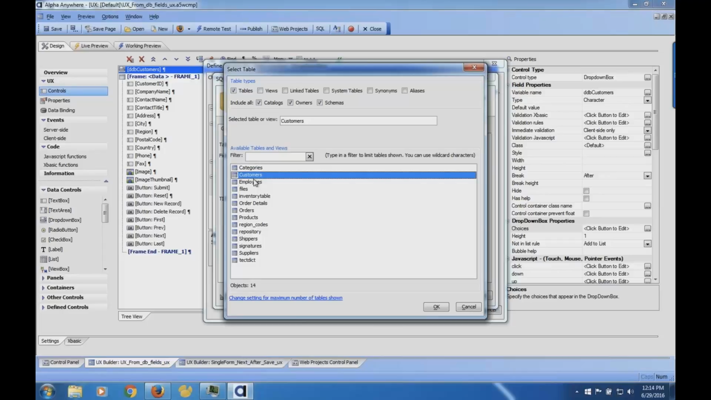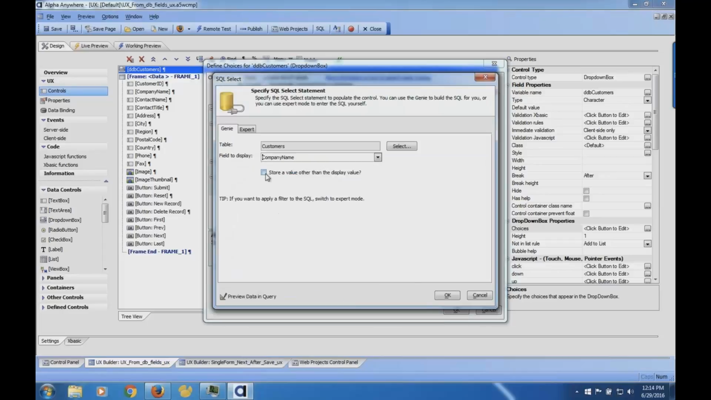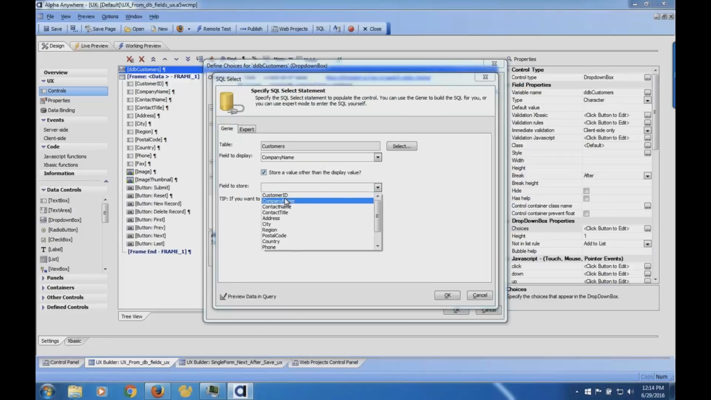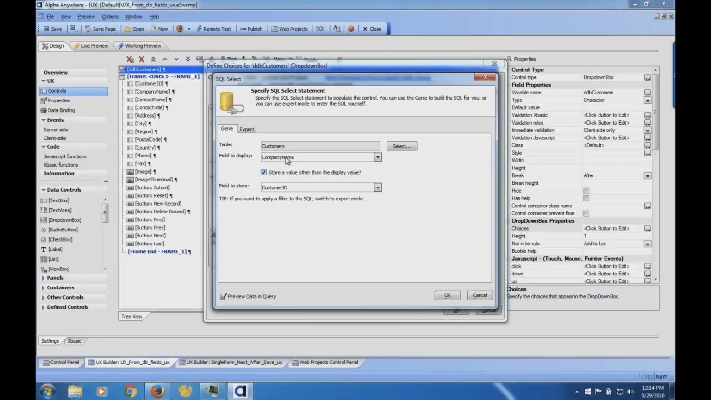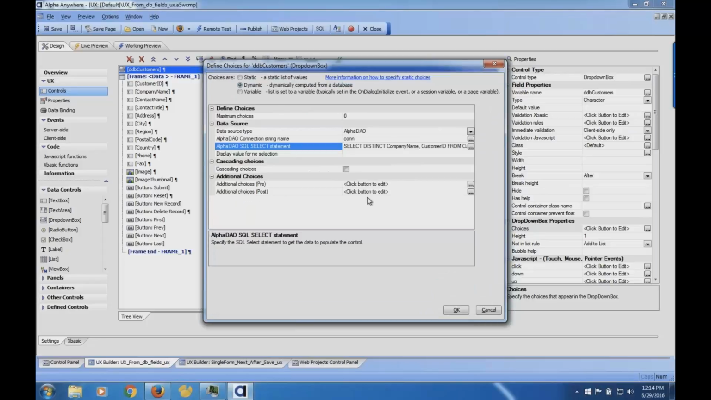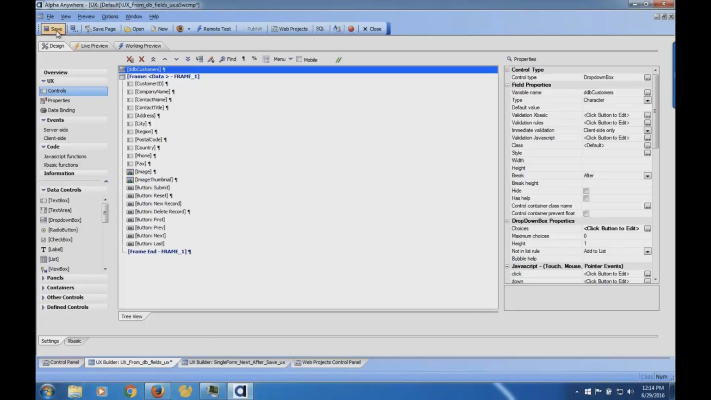And the field to display, I'm going to go ahead and do company name, but behind the scenes, I actually want to select the customer ID. So what this says is look in the customers table, bring back the company name and customer ID, show the company name, but when I select the company, set the value of that drop-down box to be the customer ID. That way I have a foreign key relationship kind of structure set up from that. So I'm going to click OK, click OK, click Save,